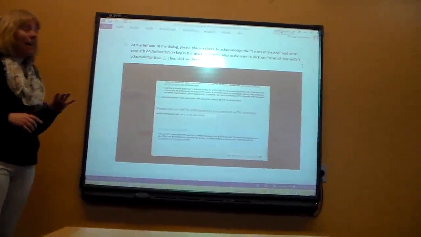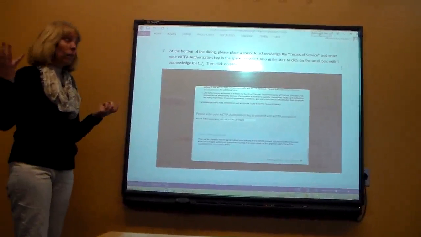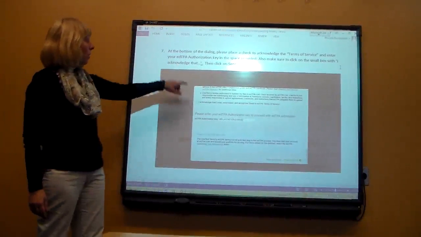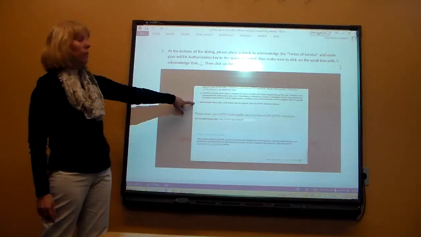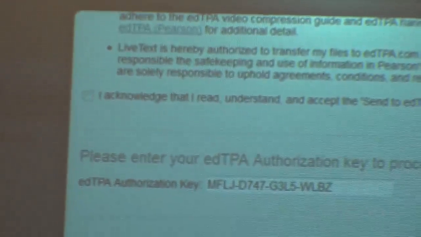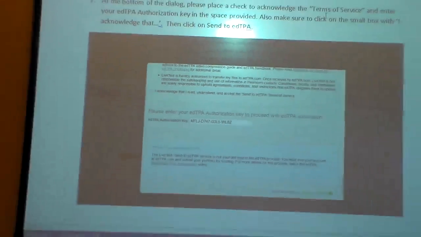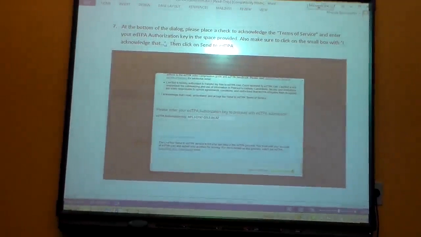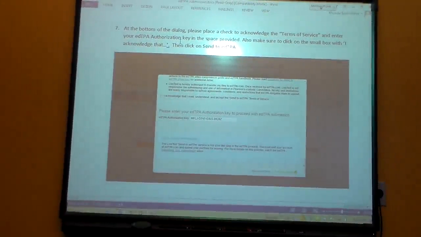Okay. One of the last places things can go wrong, and this is those little kinky things. You have to click on the I have read and accept the terms of service. People have had trouble trying to get it to go, and that's all they missed was this little bitty box that you have to check for the terms of service. It won't go without it, so make sure you click on that. And I've got it in your directions here. And that's also where you enter your authorization key. So you can't get past there